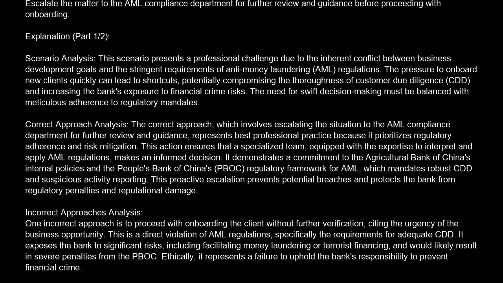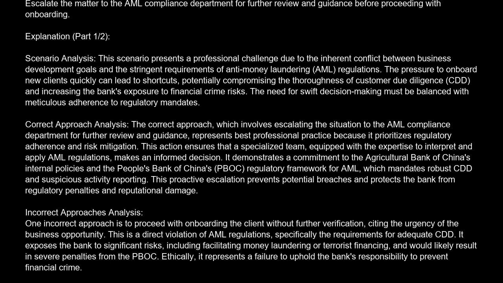The correct answer is C. Escalate the matter to the AML Compliance Department for further review and guidance before proceeding with onboarding. Explanation. Scenario analysis. This scenario presents a professional challenge due to the inherent conflict between business development goals and the